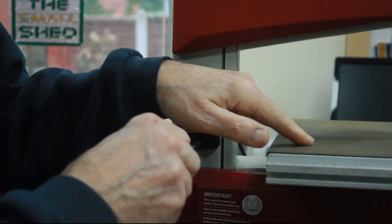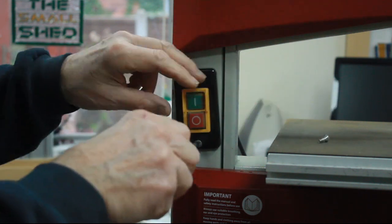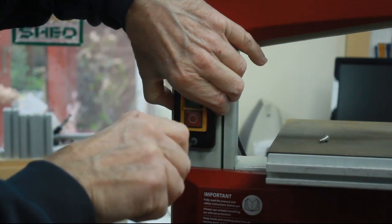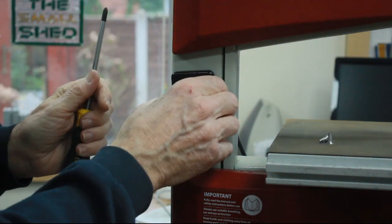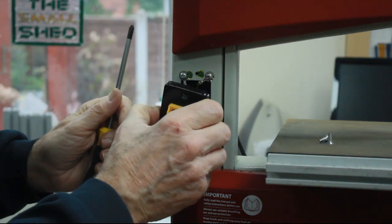Really must get and clean this. The bed is getting a little bit of surface rust on it, which I need to clean and wax, but it's not been used for a while. So that brings us to the main